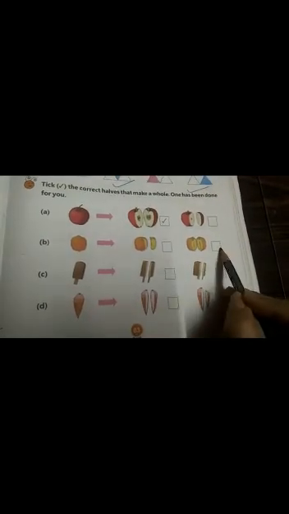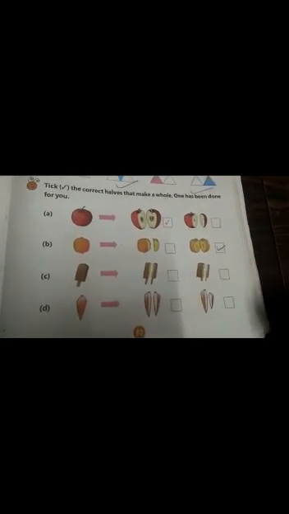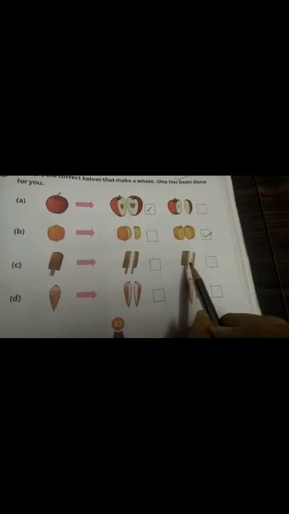Now similarly, we do the other exercise, the second one. Just looking at the figure, this is cut into a smaller piece and this is cut into exactly equal parts. So which one will I take, this or this? Yes, I will be taking this one. Okay. Now similarly, what is this? Yes, ice cream. Now ice cream has also been cut into two parts. Which one shows the exact equal parts, this or this? Yes, this one, because they are cut into equal parts and here this part is smaller than this.